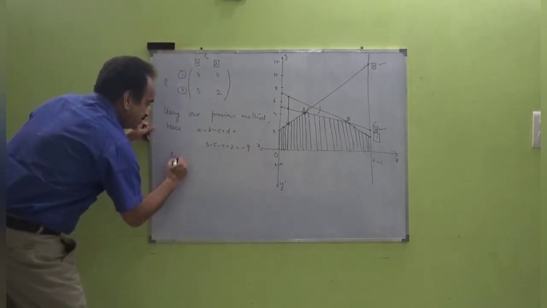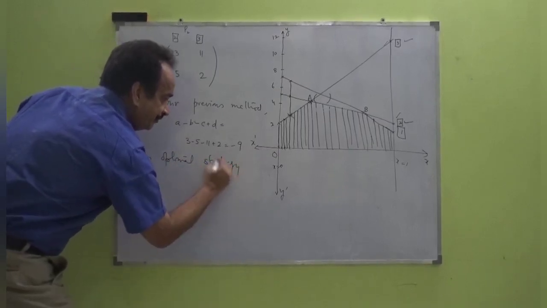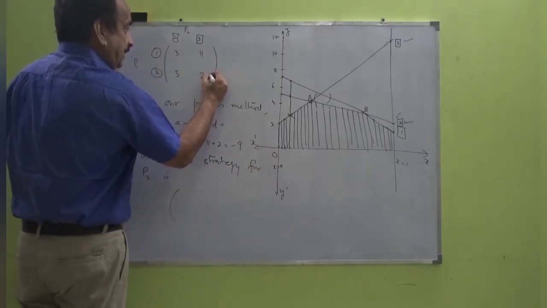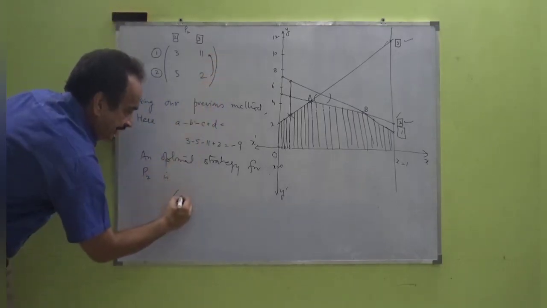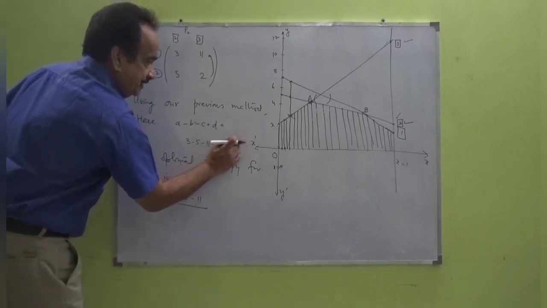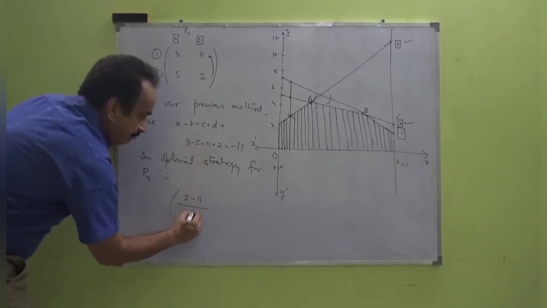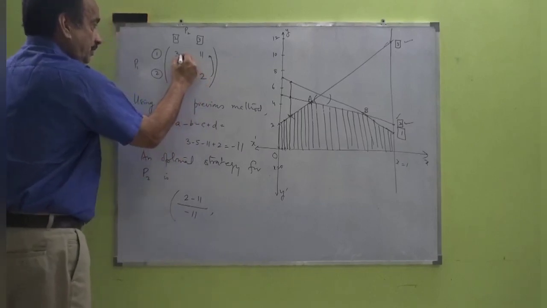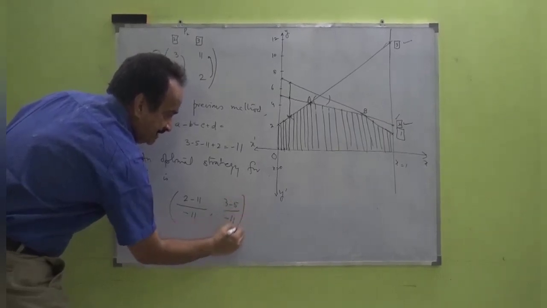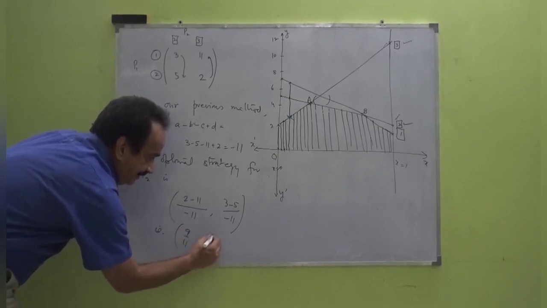And so an optimal strategy for P2 is (D minus B) which is 2 minus 11, divided by this delta, that is minus 11, and (A minus C) which is 3 minus 5, divided by minus 11, that is 9 by 11 and 2 by 11, and